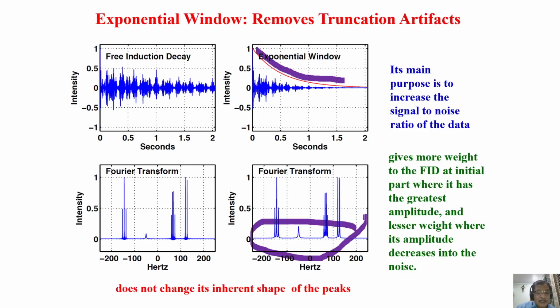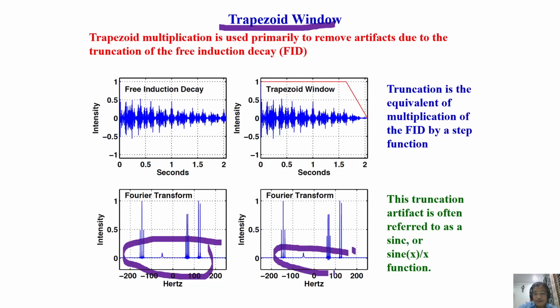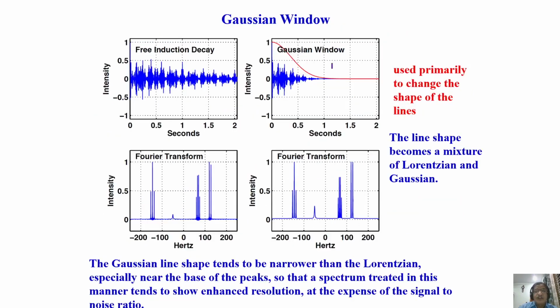So you have to properly decide, looking at your spectrum, what window functions you have to use. Mind you, you can do this after acquiring the data. So you have enormous time to play with these functions. You can use trapezoidal window, and this is the signal after Fourier transformation. But after using the trapezoidal window, lines become better. But you see this baseline distortion sometimes will not disappear. Same way Gaussian window, see much better.